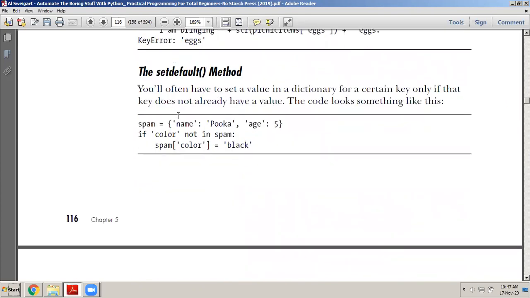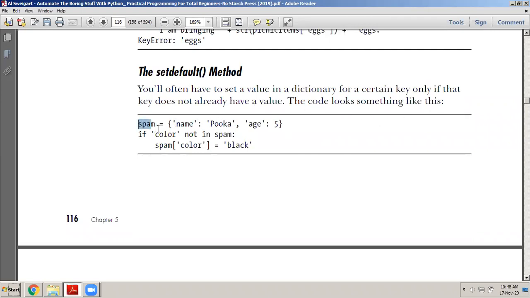Then comes the setdefault method. Now, with the setdefault method, you will often have to set a value in the dictionary for a certain key only if that key does not already have a value. The code looks something like this.